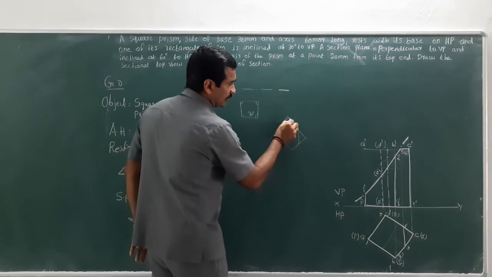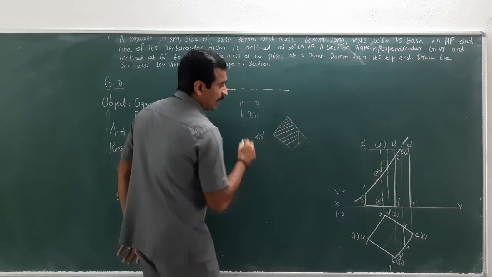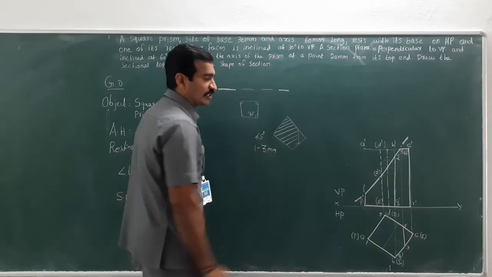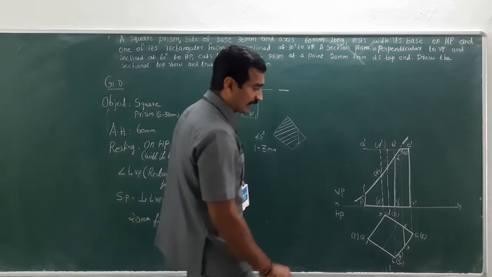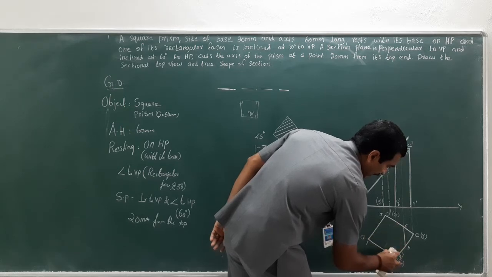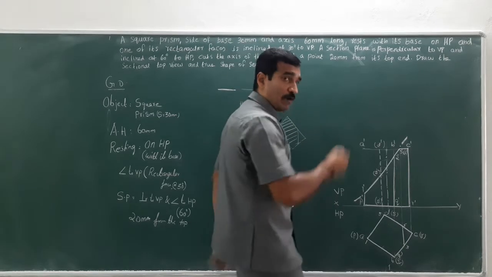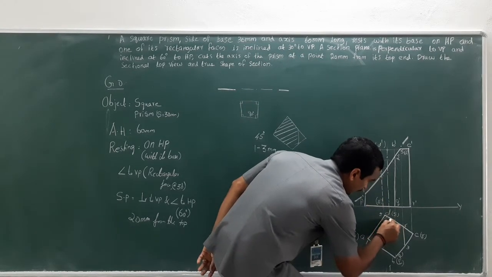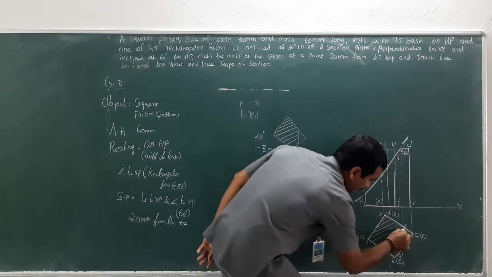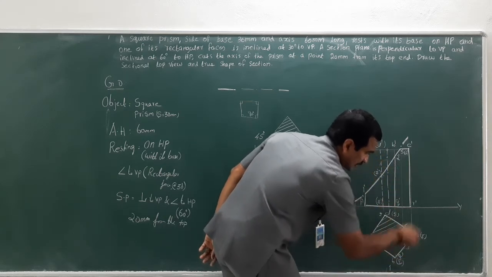So the section portion needs to be drawn with hatch lines of 45 degree, and the gap between 2 lines should be 1 to 3 mm. The hatching should be 45 degree with horizontal, right? So this should be very thin. If you want, you can just erase off the unwanted lines. Now with a gap of 1 to 3 mm, draw 45 degree inclination lines. This is the sectional top view of this object. Up to here only you will have to do it, because beyond this the object is not being sectioned.